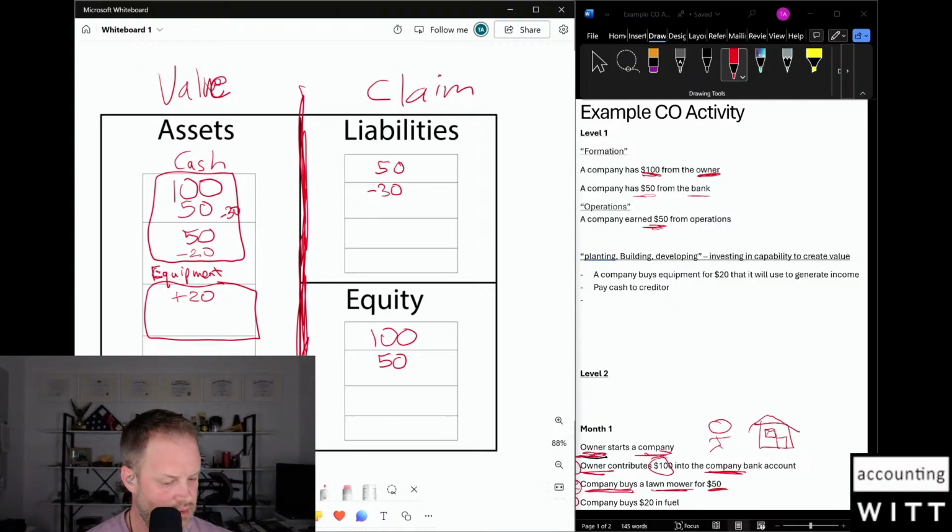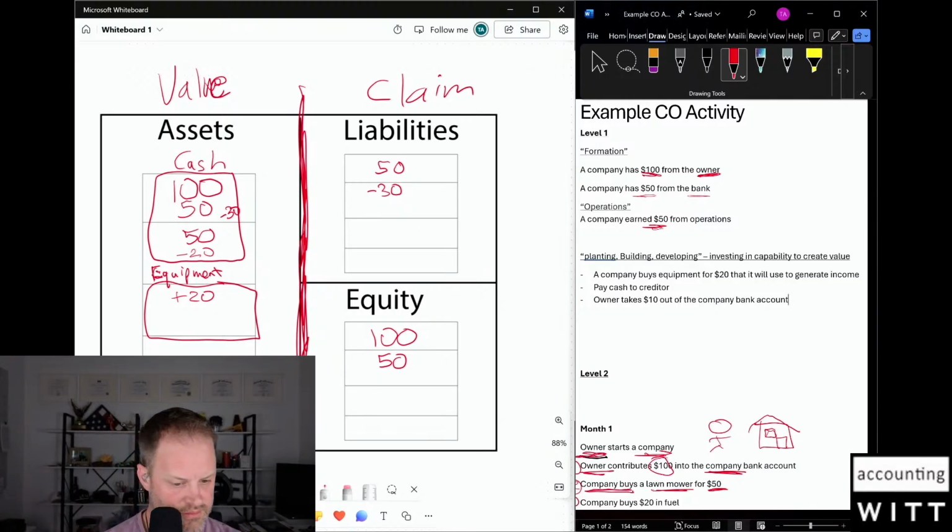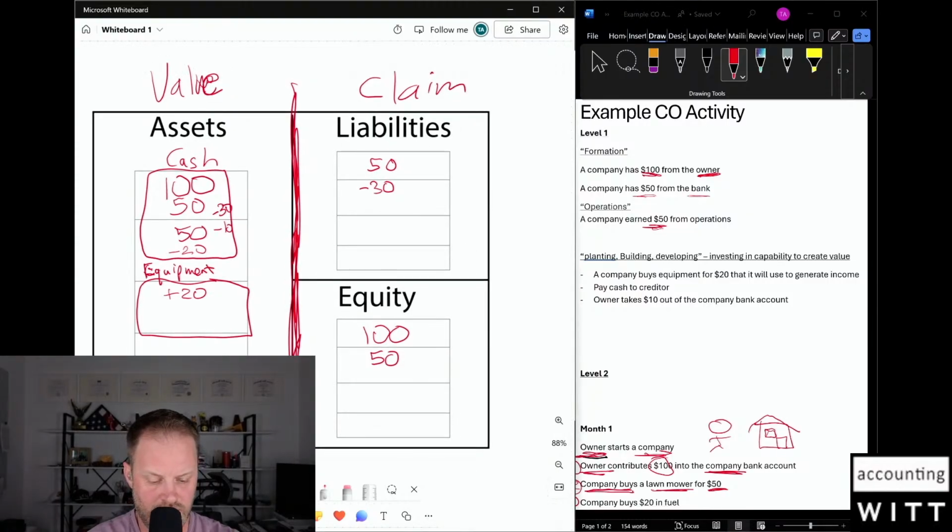Then let's say that the owner takes $10 out of the company. The owner takes $10 out of the company bank account. So take 10 from cash and take 10 from owner's equity. Okay. Cool. I think that's